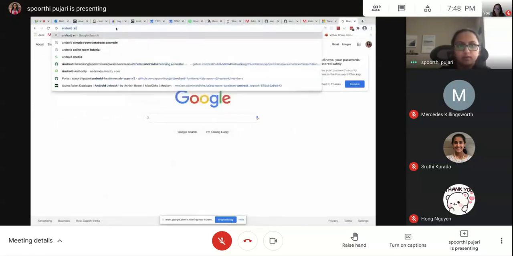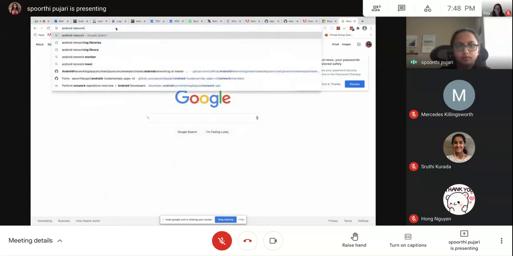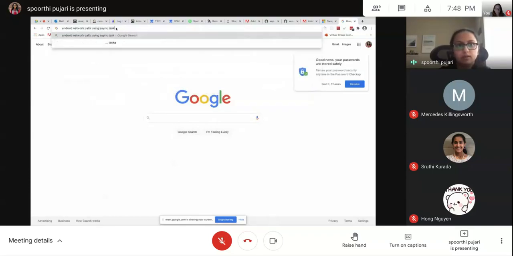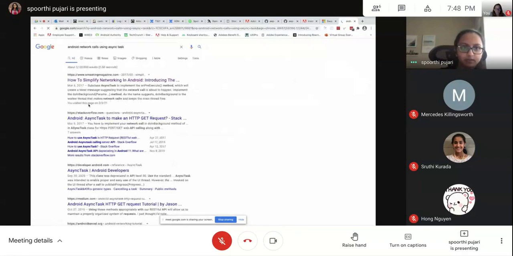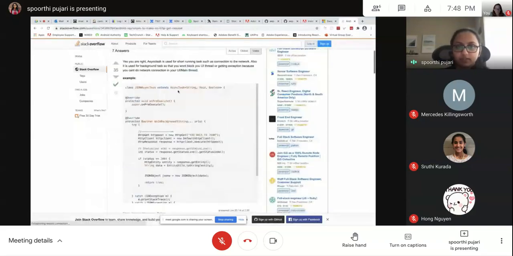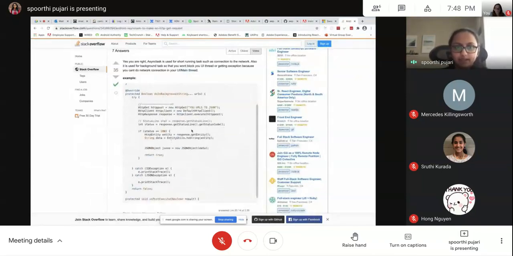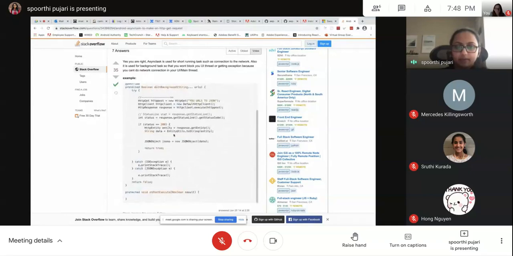And generally, let me Google and show you how Android networking calls using async task look. There's a lot of boilerplate code using async task. Like you can see here, I have this async task and then doInBackground. I'm using this HTTP client, and I'm putting my URL here, and then I'm calling my API. This is a lot of boilerplate code, and there are a lot of things that you need to handle on your own, like retry logic. Say if my API fails the first time, I have to retry and call it again.